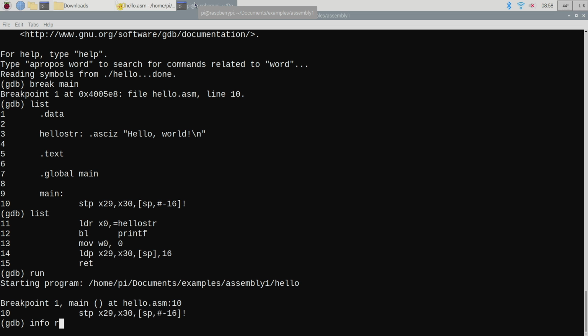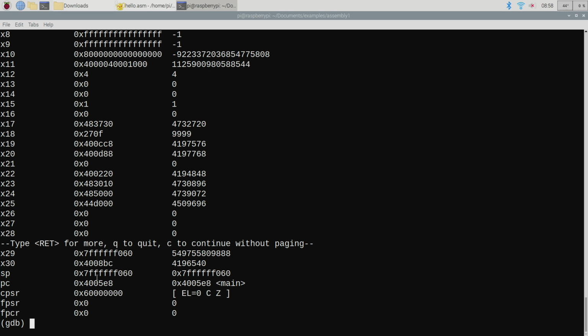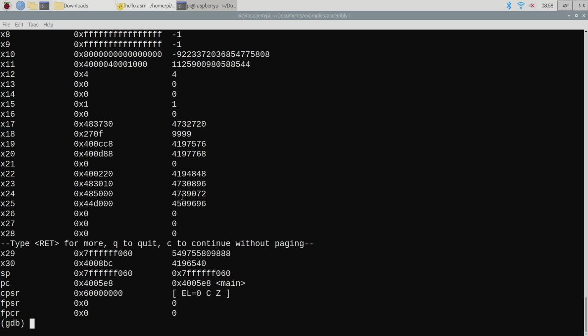Okay, so what is in our registers? Okay, notice what our program counter is, 4005E8. Okay, and if we look back up here, this is the very first instruction, but we haven't actually executed it yet. Okay, this is what would be executed next. So our program counter starts at what